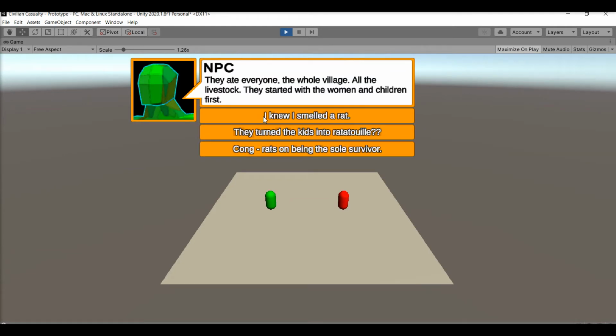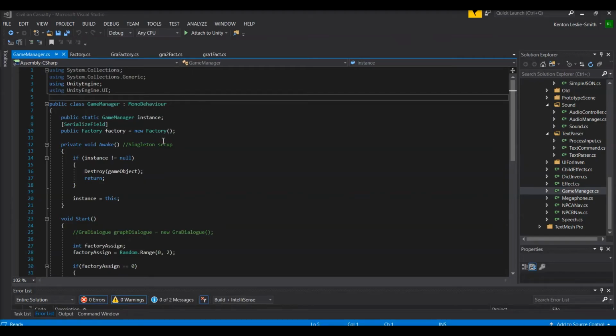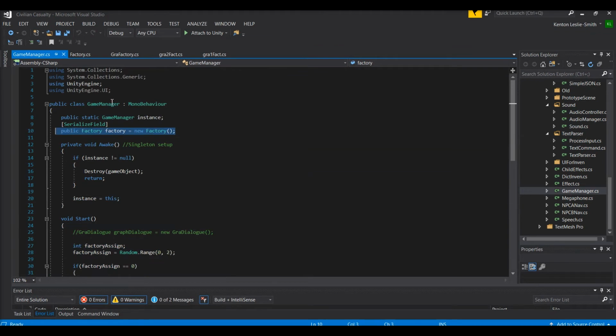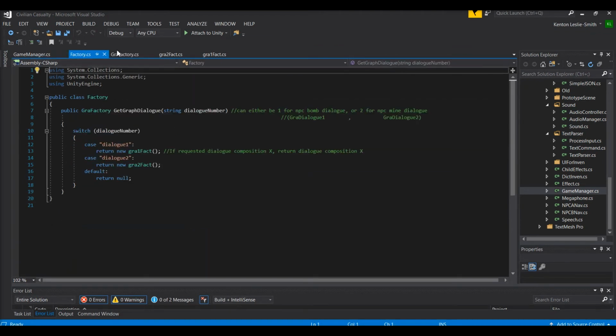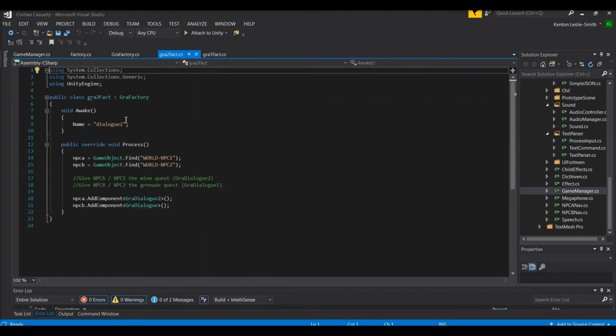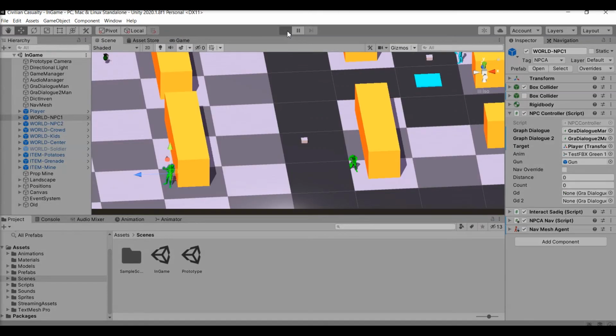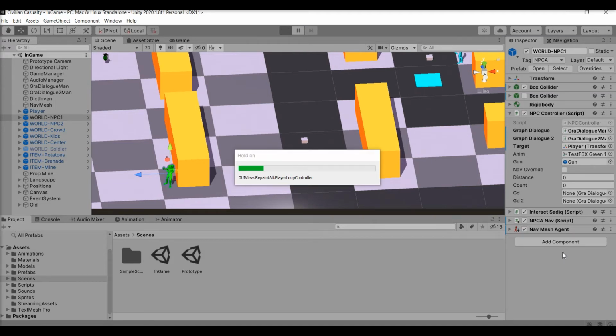The factory method does not spawn the NPCs, but rather it assigns different roles and dialogue graphs. Thus, NPC 1 could randomly be selected by the game to be Sadiq, the grenade giver, or NPC 1 could be selected to be Anadkar, the mines planter. The same thing goes for NPC 2. For example, over here,